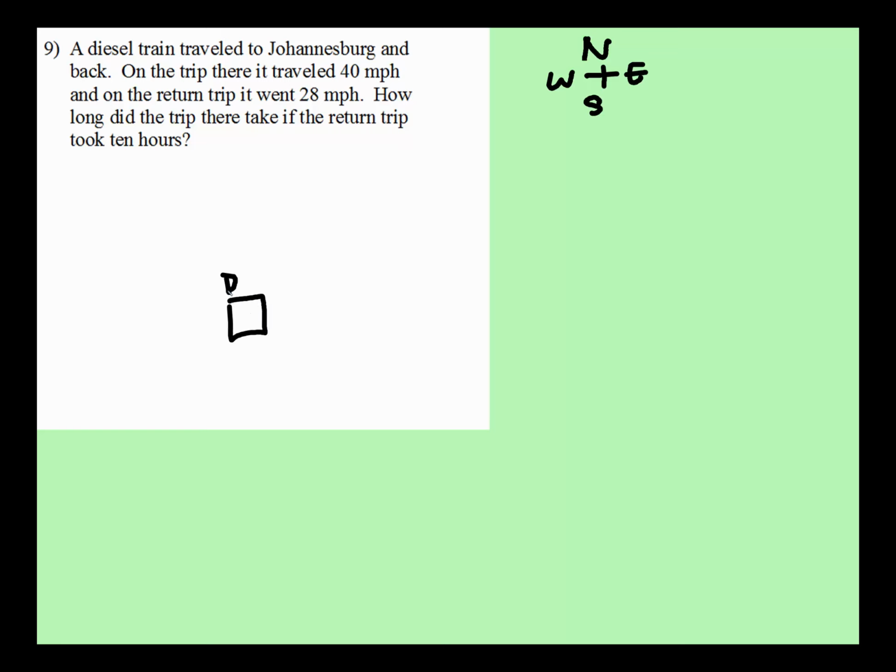So I'm going to say that this is the depot. The train traveled, this is Johannesburg, and this is the diesel train. Look, nothing fancy here. I'm not an artist, I'm just drawing squares and lines, right? Here's the depot, here's Johannesburg,